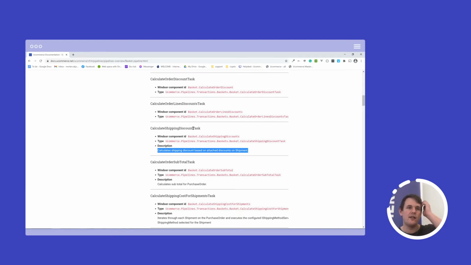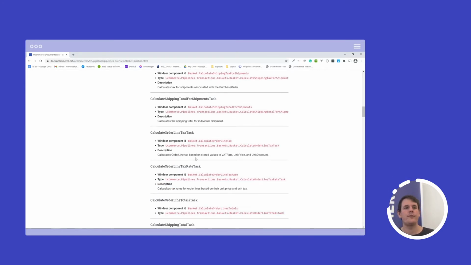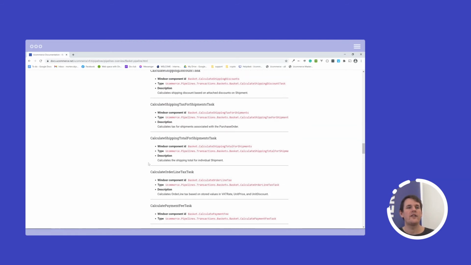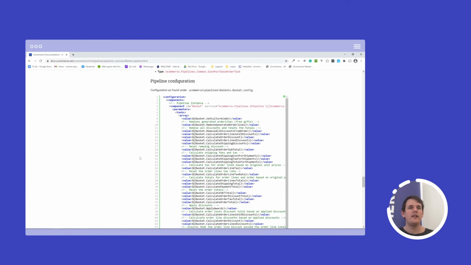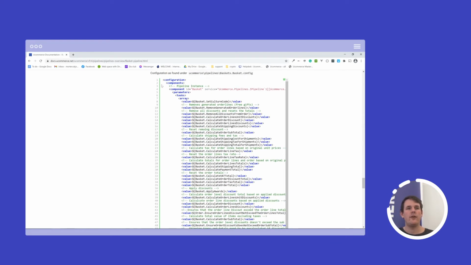So you can see here, calculate shipping discount task, calculate shipping discount based on attached discount on shipment. So you will be able to see what is the task name, which in itself should be very descriptive, and then a further elaboration on what it actually does. And you can see that for all the tasks in Basket Pipeline, and you can see there's a lot. Down here in the actual configuration, that's where all the magic happens